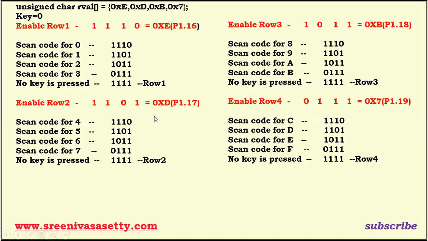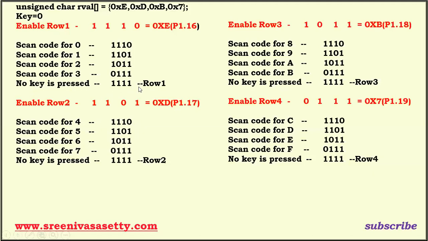Reading data from row 2 means reading data from the keyboard. Then the current status of the keyboard is there in the IO pin register. Then IO pin gives the information. Assume switch number 4 is pressed. Then we'll get this scan code. So what is the column 1 status? Column 1 status is low. So low means, as I told you already, display the current content of key. What is the current content of key? That is 4. Which key have we pressed? 4.